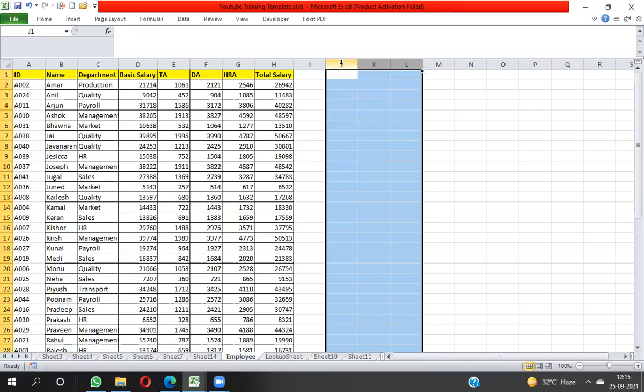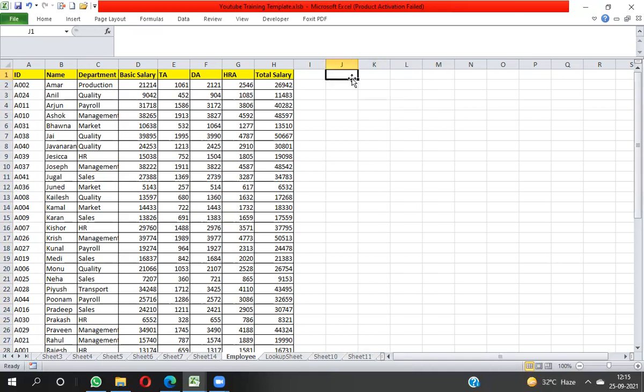The COUNTIF function is used to count your data on the basis of a single condition, but the COUNTIFS function is used to count the data on the basis of more than one condition.